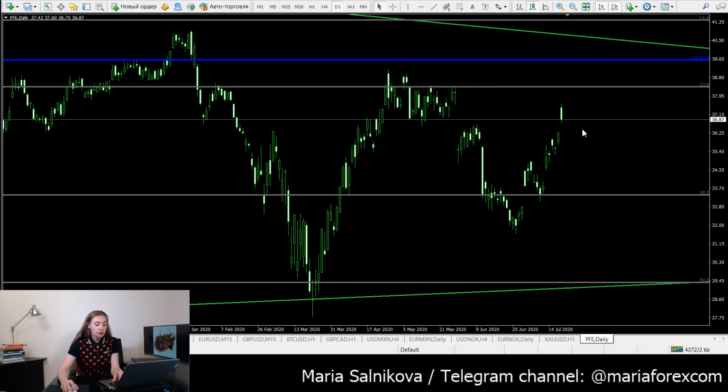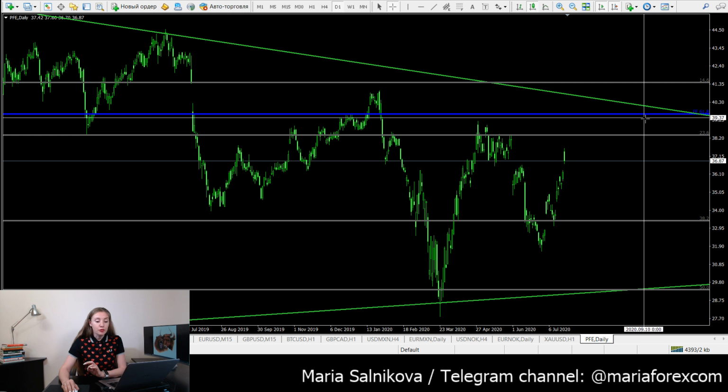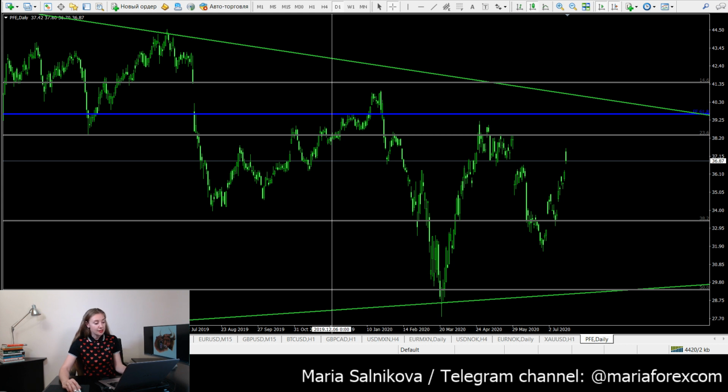On daily chart, there is no buy signal right now, but what I'm expecting is for price to go above 39.60, 39.70 area, and after that you buy. So this is my idea. And if you go on